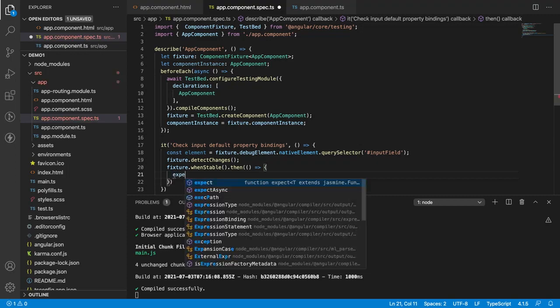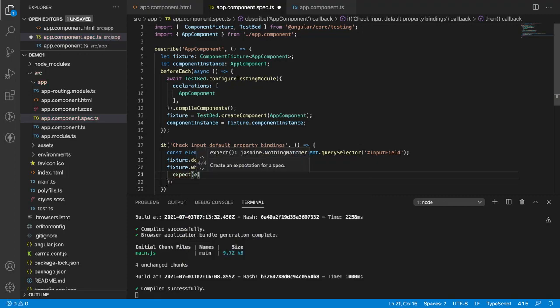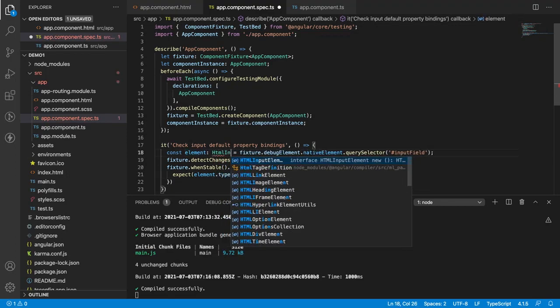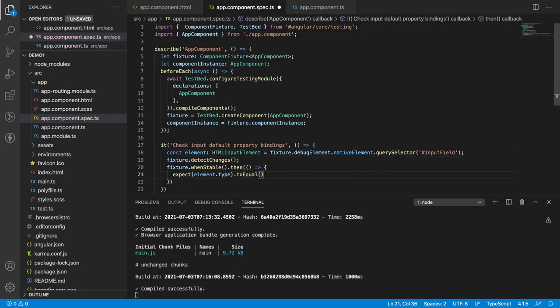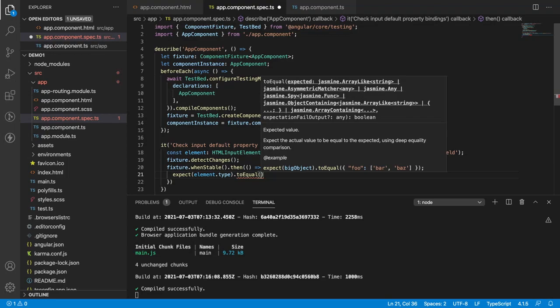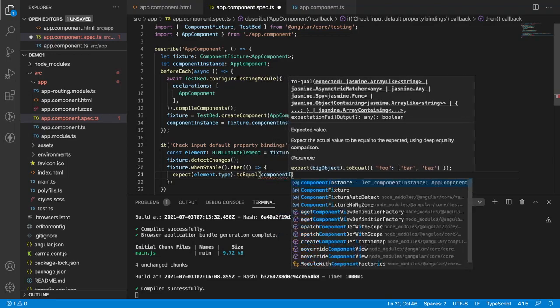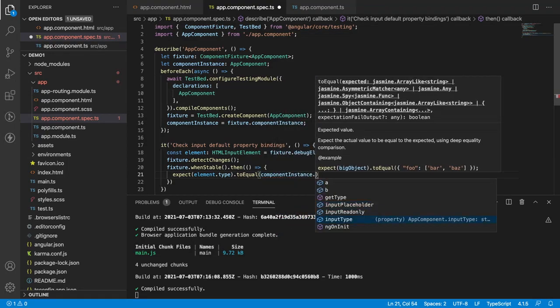So expect of element dot type. We are not getting IntelliSense, so we can give the type for this element. Let me give HTMLInputElement, and now dot toEqual of, what is that? Number. So componentInstance dot, you have this inputType, right?